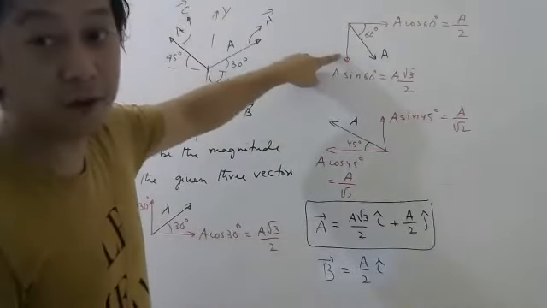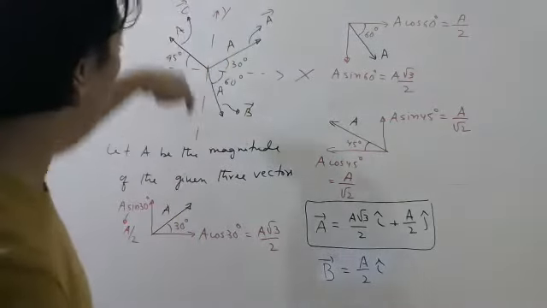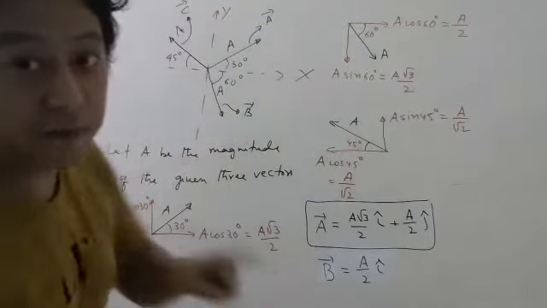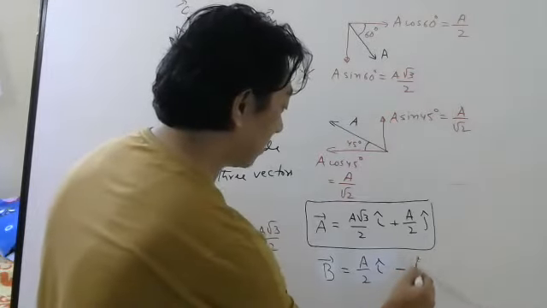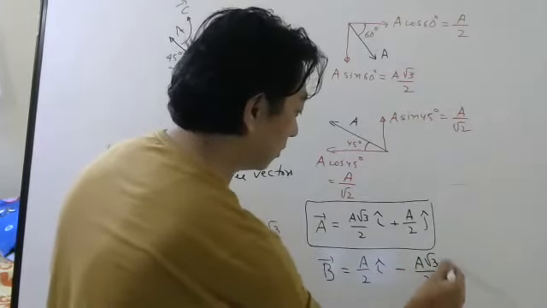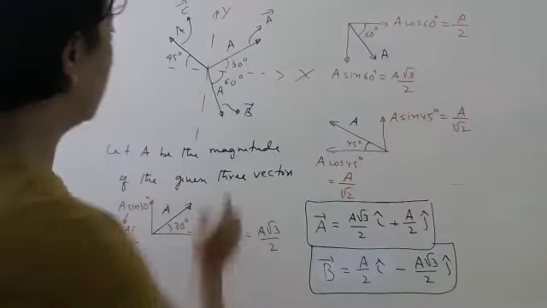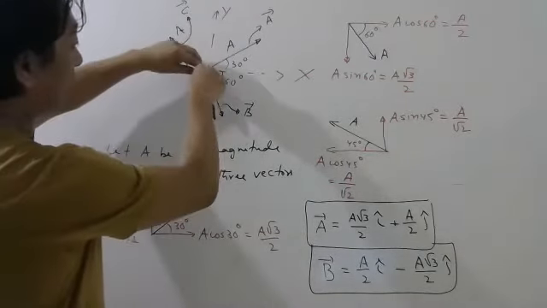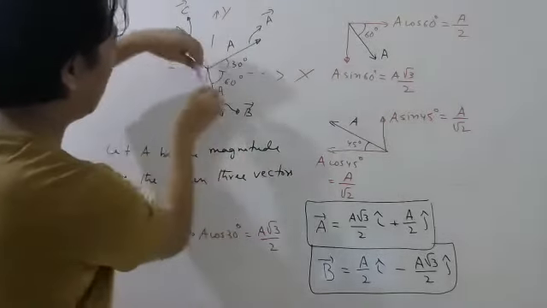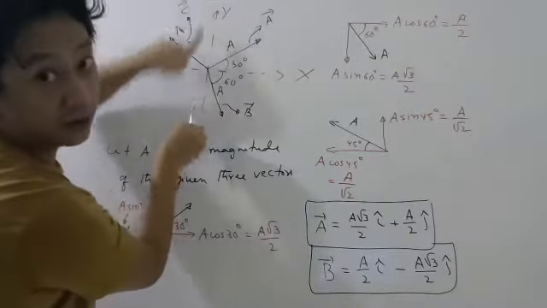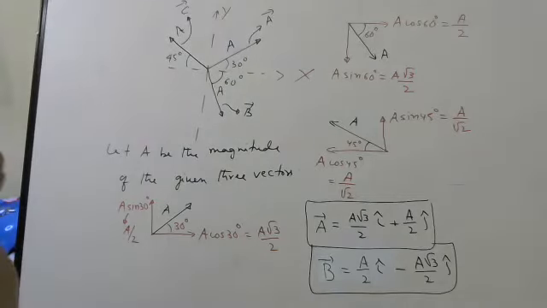So this is your X component, I cap. Now for this, you have to be very careful because this is down. The unit vector in this direction will be minus j cap. So I should write minus A root 3 by 2 j cap. If you don't write minus, it is wrong because this vector is here. Its components are one here, one here. This is along I cap only, no problem. But this is not along j cap. J cap is here, so this will be along minus j cap. If you don't change that, you will get the wrong answer.